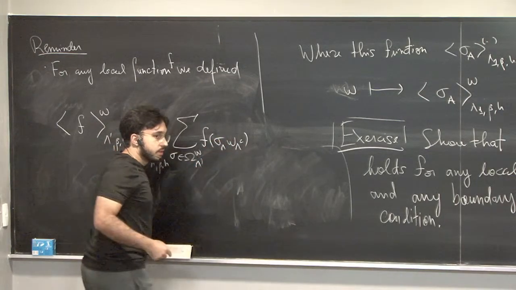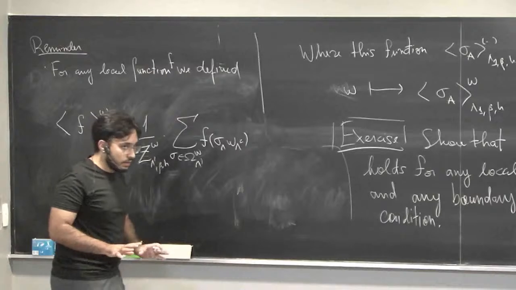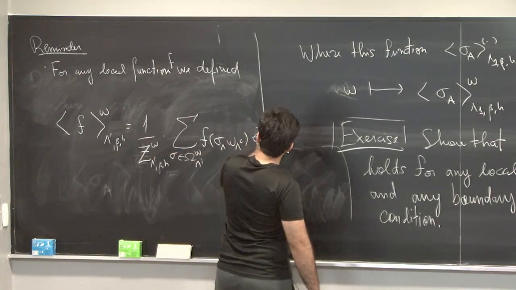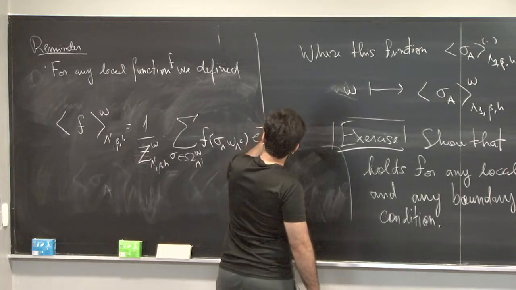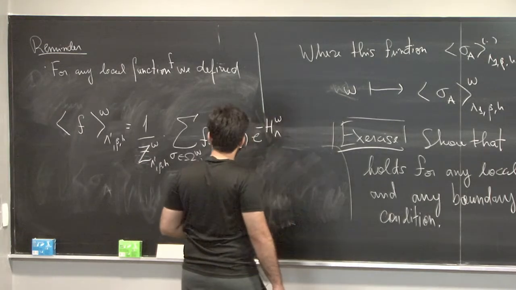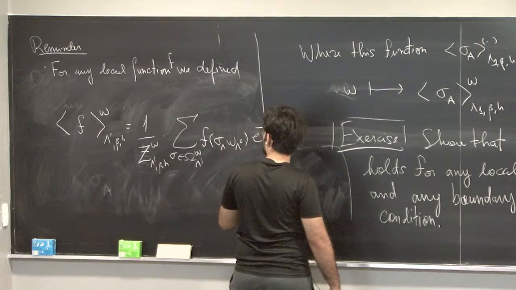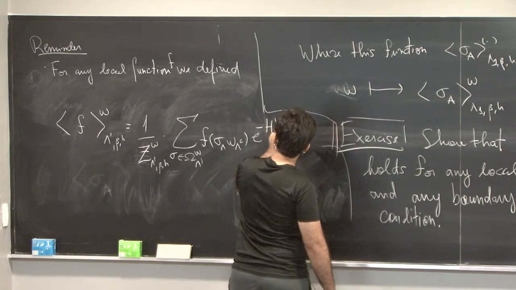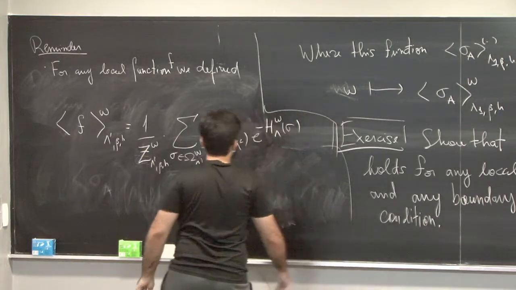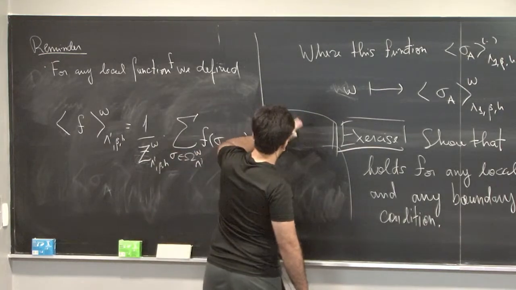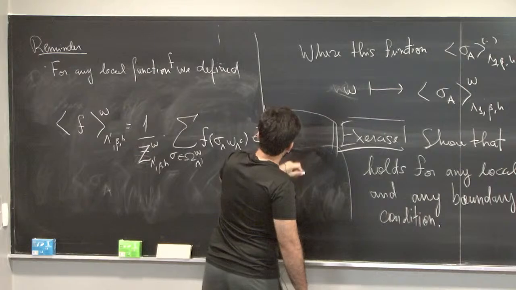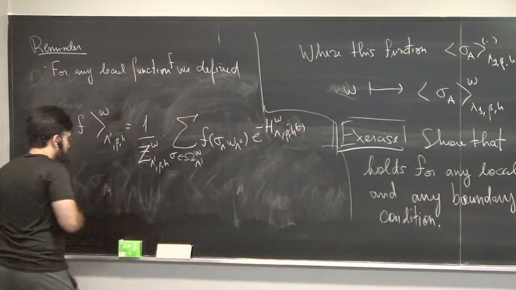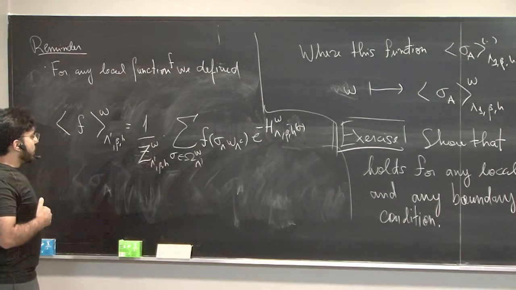This is the concatenation of two configurations, okay? Times the exponential weight right here, sigma. It also depends on beta and h. Okay, so